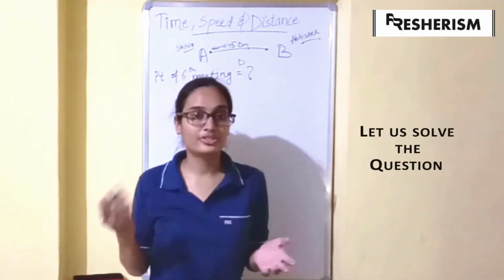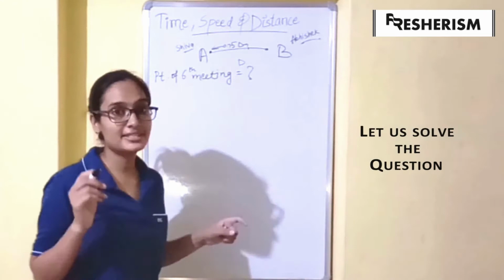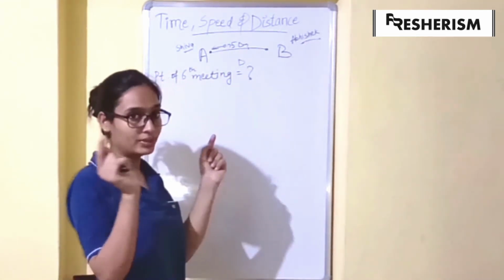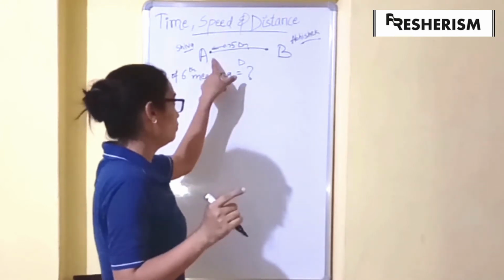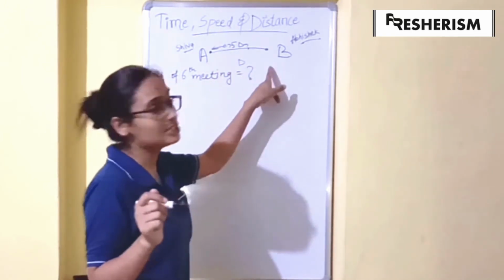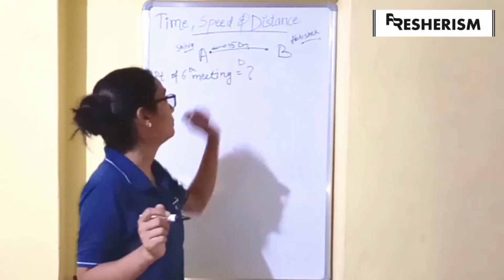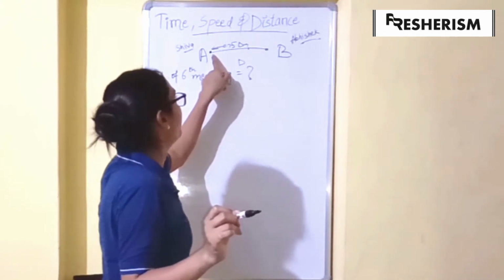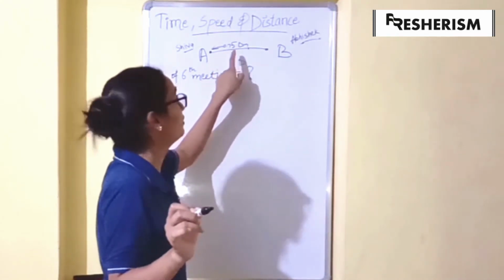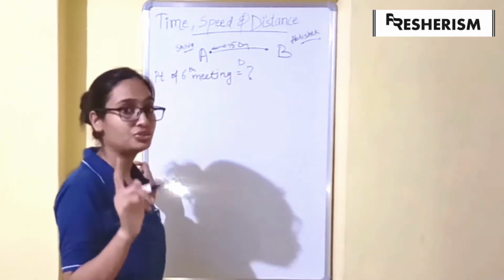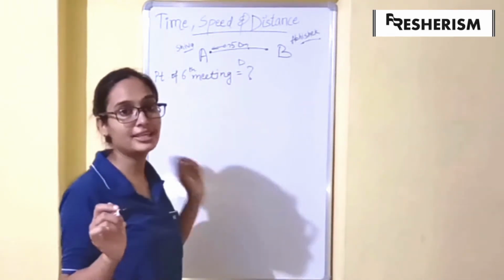Now let us do a question on to and fro motion. Let us say two runners Shiva and Abhishek start running towards each other from two fixed points A and B of a straight road, and the distance between A and B is d, and they first meet at a point 0.75 d away from point A, and we are supposed to find the point of their sixth meeting.